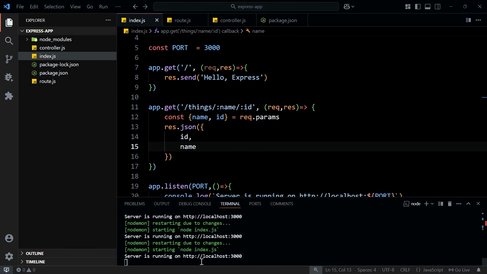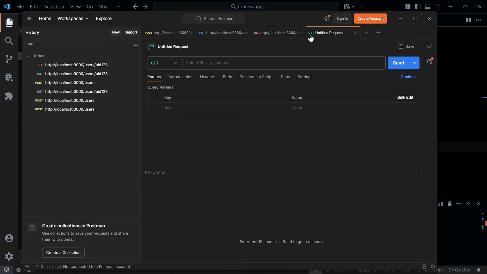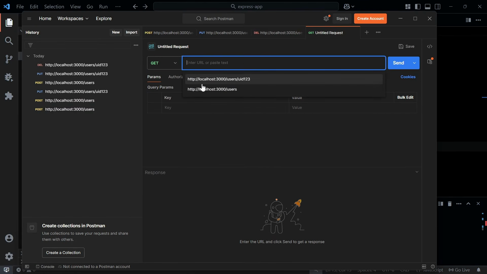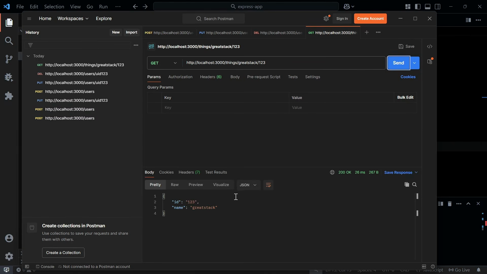After that, we will come back to the Postman application, and here we will create a new request, and here we will add the type get. Here we will use this URL http://localhost:3000/things/ and here we will add the parameter, that is /greatstack/123, and if I click on this send button, so here we have the response, and in this one we